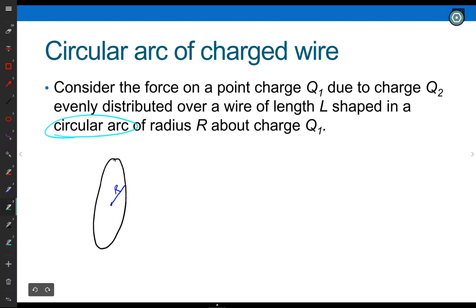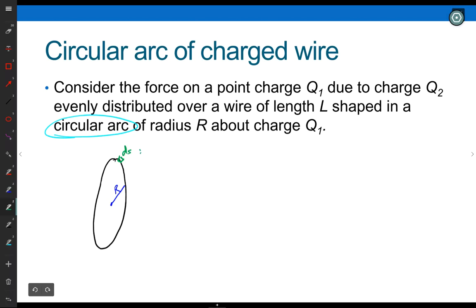Is this a one-dimensional, two-dimensional, or three-dimensional distribution of charge? If it's on the wire, then it will be one dimension. One dimension, that's right, because it only has the ds, the change in position on the wire. And so I'm going to choose to draw a little piece of wire here of length ds,